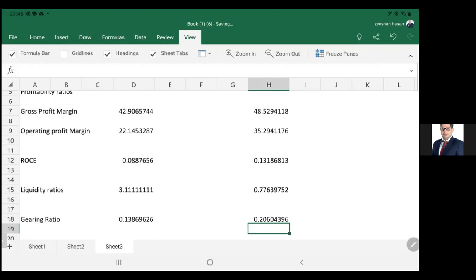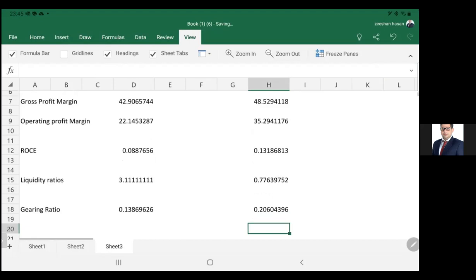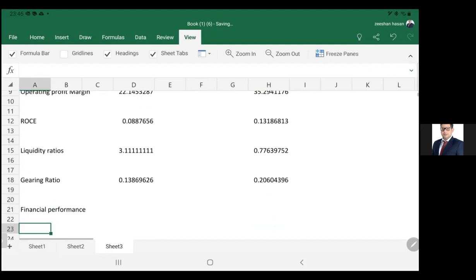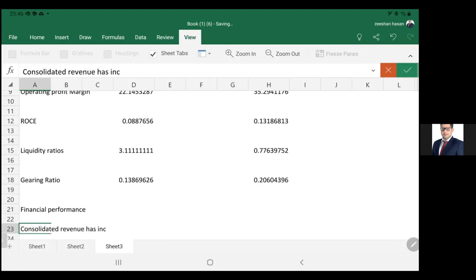20.6 will be our gearing debt ratio for 2007, and now financial performance. We got our 5 months. Now we will work for another 5 months. Right. Now what we will say is that consolidated revenue has increased